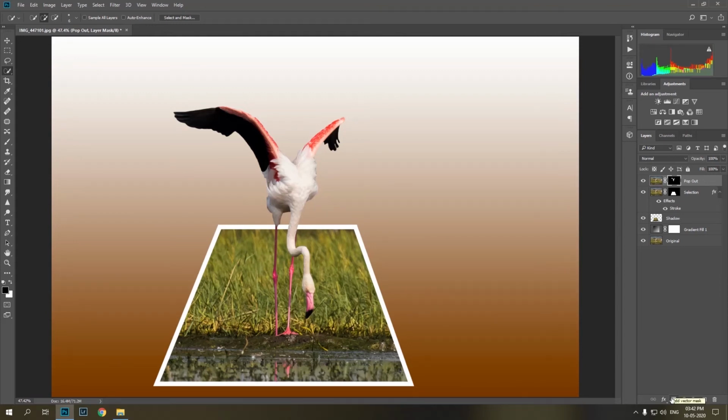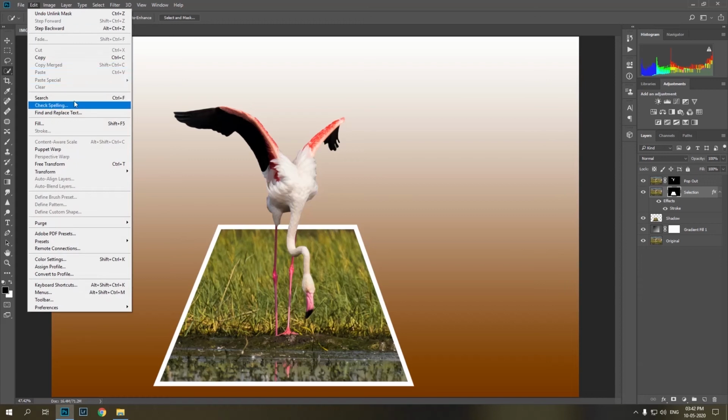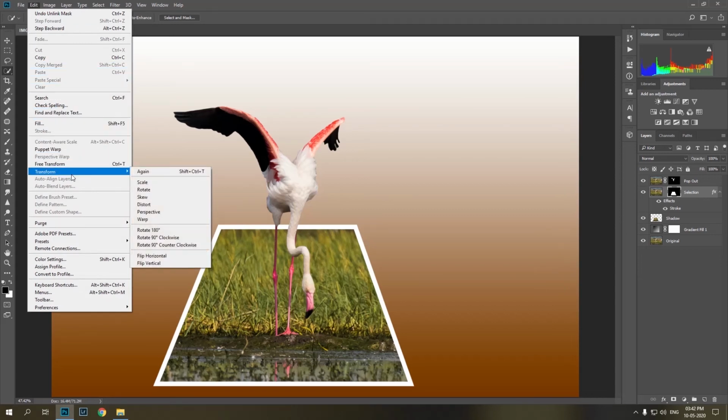This technically completes the effect, but to make it more realistic, we will add a 3D flyout effect to the background from Selection layer. Select the selection layer, click on the mask icon, unlink the mask from the layer by clicking the link icon. Then go to Edit, Transform and select Warp.